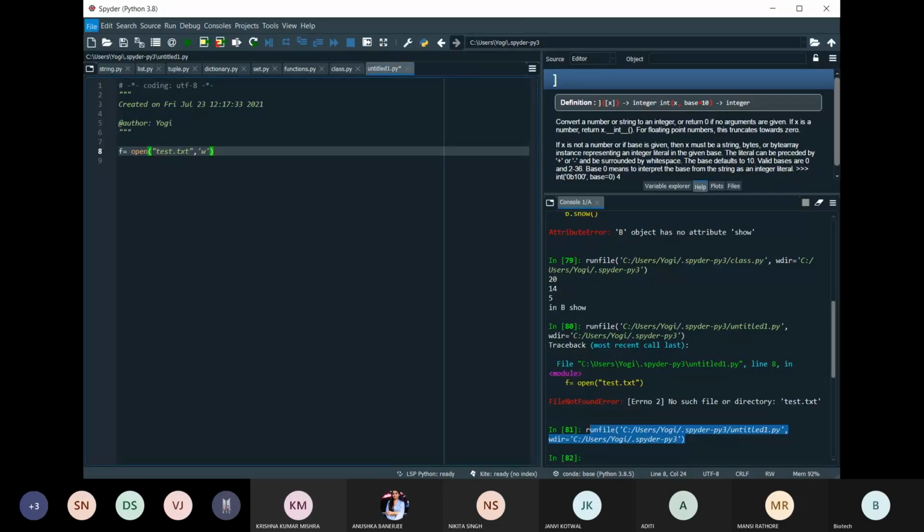I hope it is not visible, because I have shared only the window. It is not visible to you, right? Okay, let me share the entire screen then.